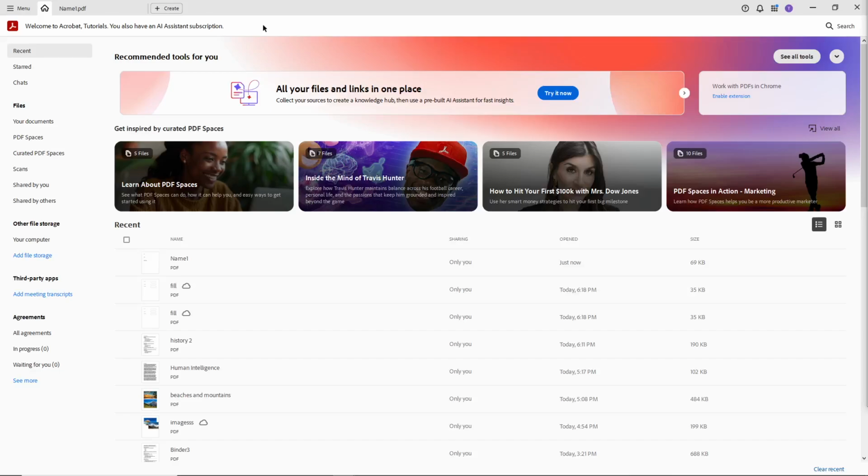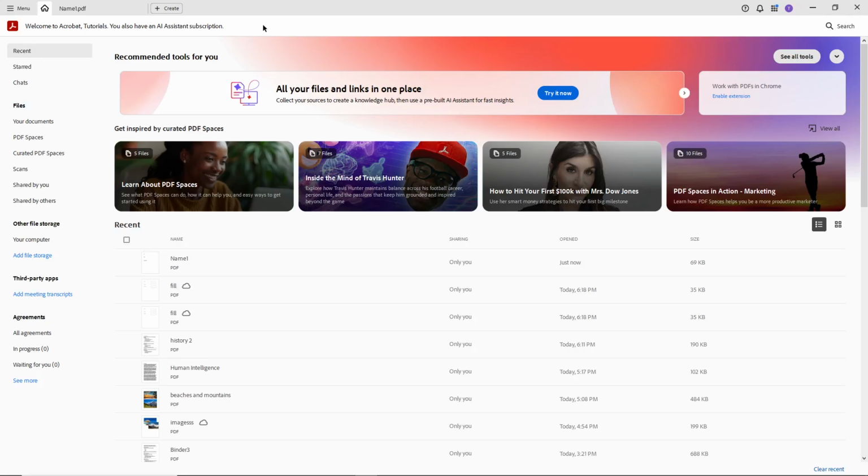Welcome back, everybody. Today, I'm going to teach you how to set conditional radio buttons in a fillable PDF form using Adobe Acrobat Pro DC. This feature is incredibly useful when you need to create interactive forms that require specific selections from users, making data collection more organized and efficient. To get started,